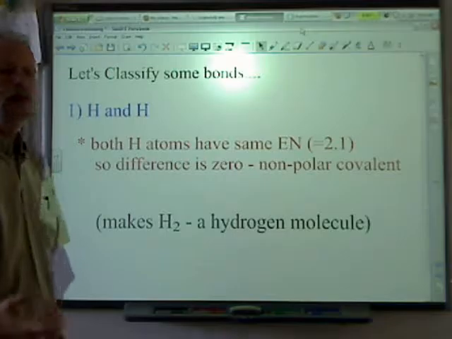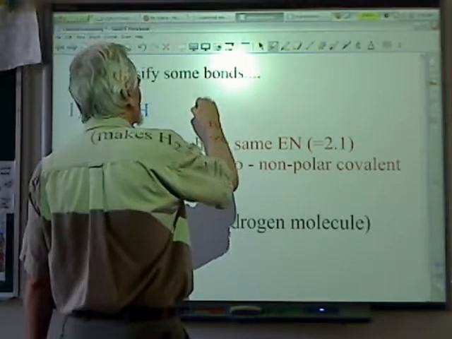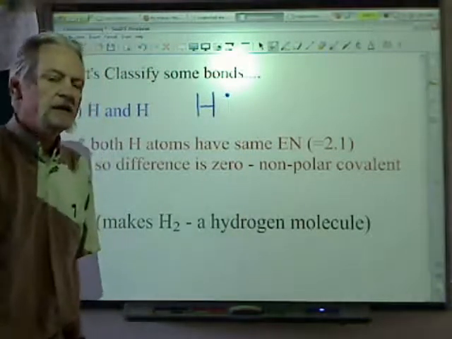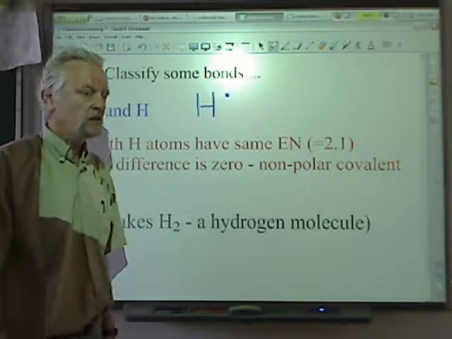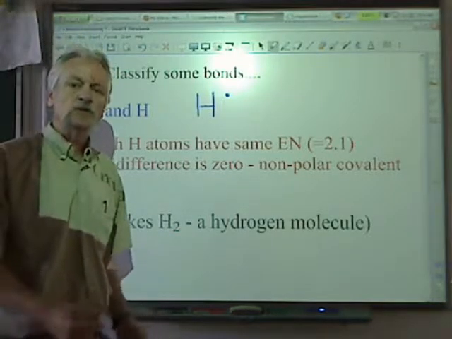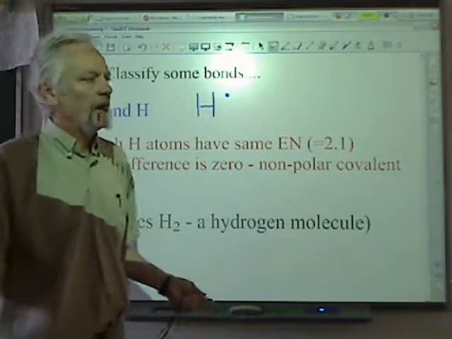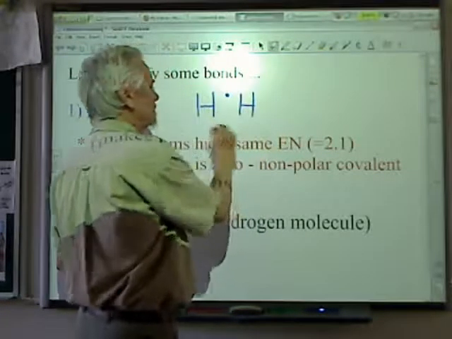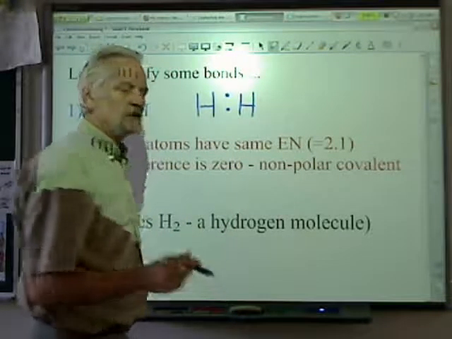Consider what's happened between two hydrogen atoms as they get together. Remember that hydrogen, of course, group 1, period 1, has one valence electron in its outer energy shell, the 1s shell. That period 1, in fact, contains only a single s shell. 2 electrons can fit in that shell. And so as two hydrogen atoms approach each other, the nucleus of each of those is attracted to the electron of the other. And as we'll see, because the two electronegativities are exactly the same, neither hydrogen atom is going to get that electron